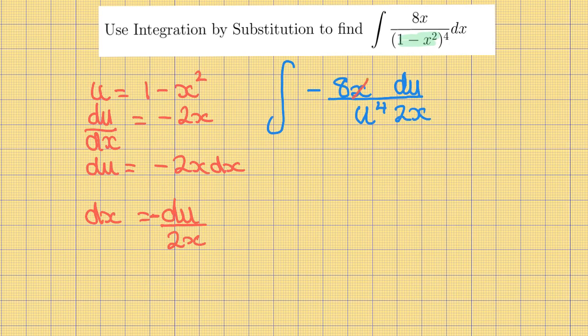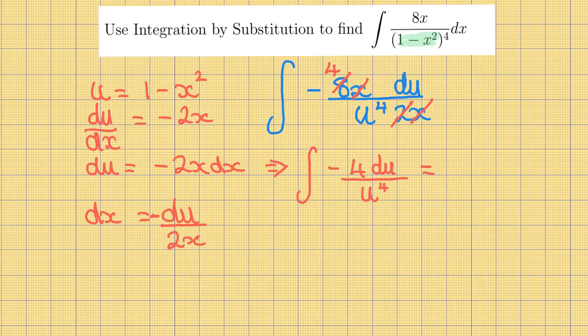The x's cancel, and the 8 and the 2 cancel to give 4. So therefore you've now got the integral of minus 4 du over u to the power of 4,